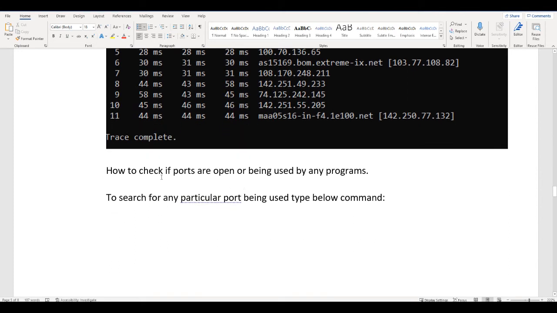Now, important: how to check if ports are open or blocked. Sometimes you use some programs and they are not able to access. Sometimes you try to take remote control of your machine, and it's not accessible. In those cases, maybe the ports are blocked. So how to troubleshoot it?